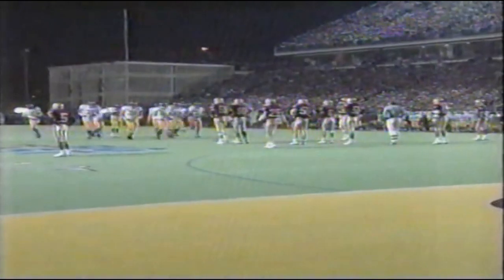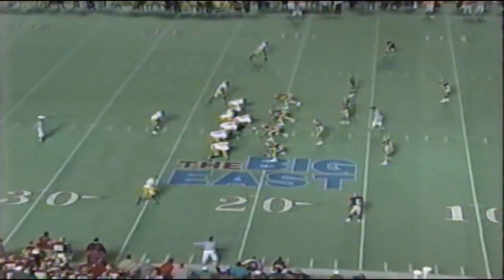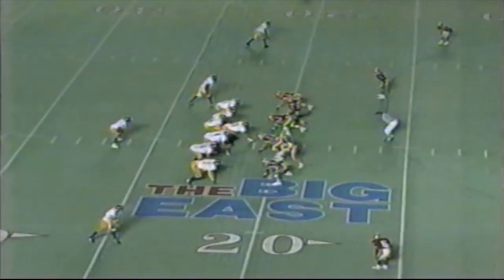Boston College leads 14-3 and trying to spoil Don Nehlen's perfect regular season. West Virginia 10-0 coming into this one. Stutzville had it batted up in the air. Ted Page